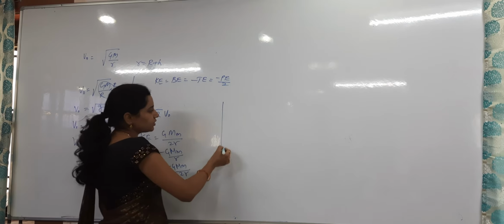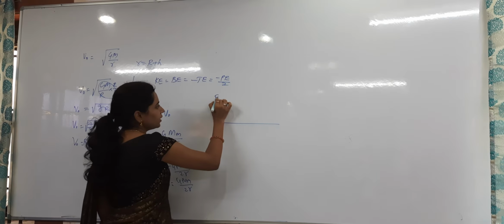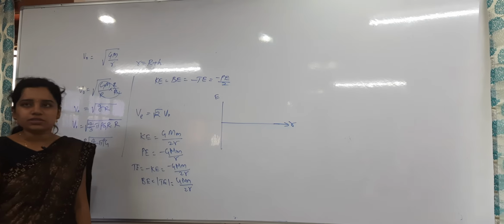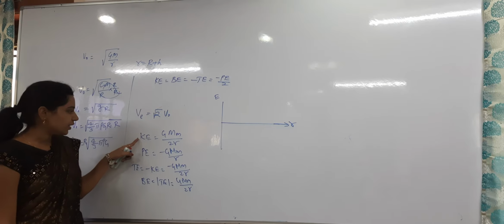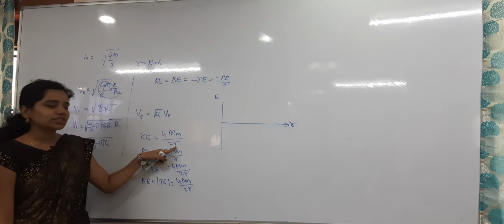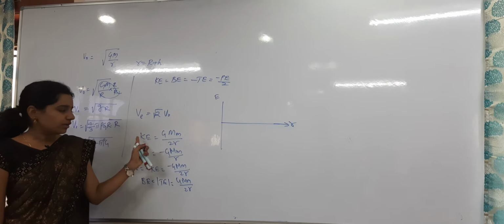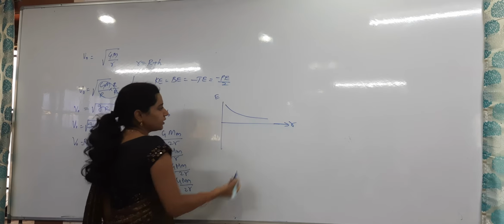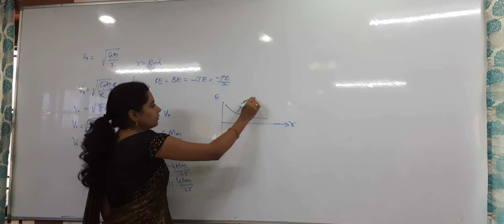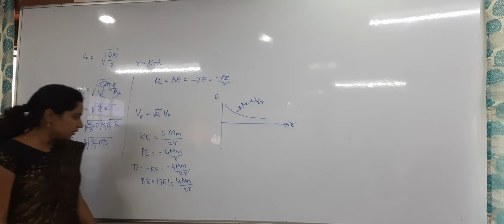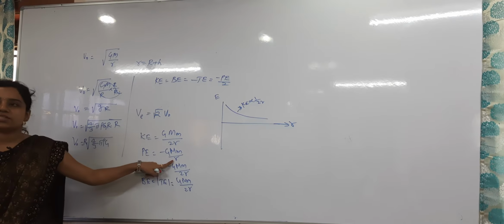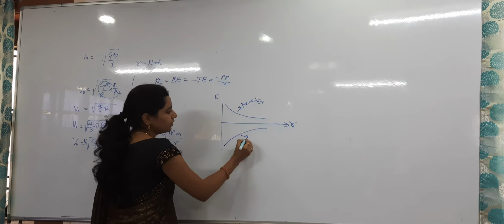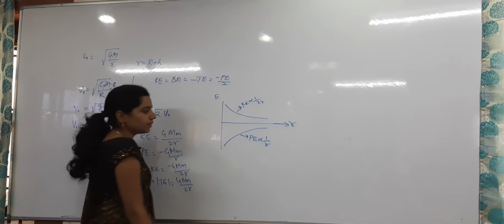And also we have seen the energy curve. If I take all the energies in this way, with the distance r on the x-axis, at that time we have seen that the kinetic energy is inversely proportional to how much? R, right? Inversely proportional to 2r even. In the positive axis, kinetic energy KE is inversely proportional to 2r. Next, potential energy is inversely proportional to minus r. Inversely proportional means what will we get? Rectangular hyperbola.